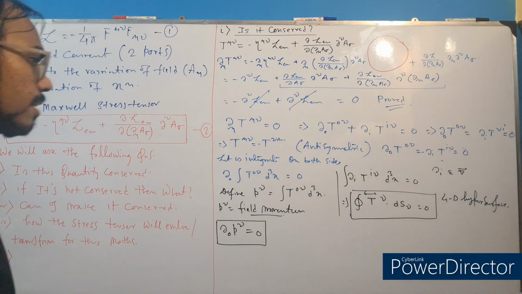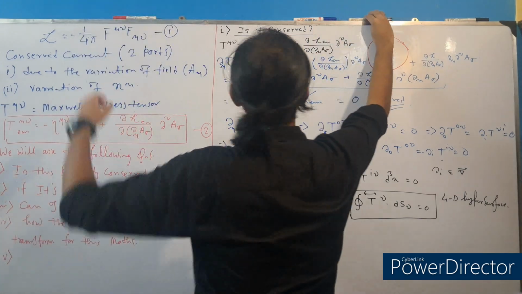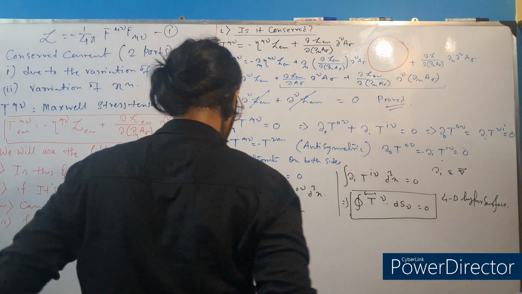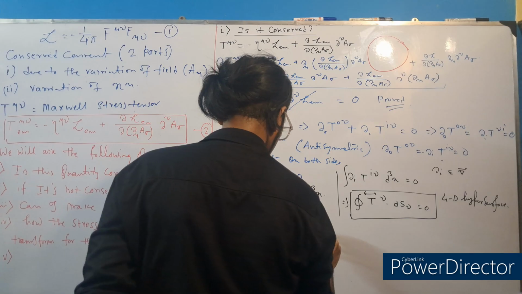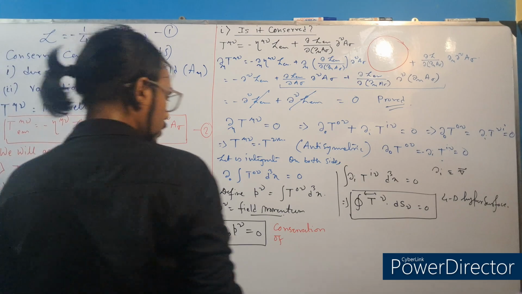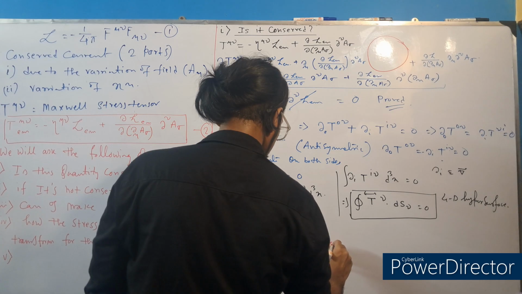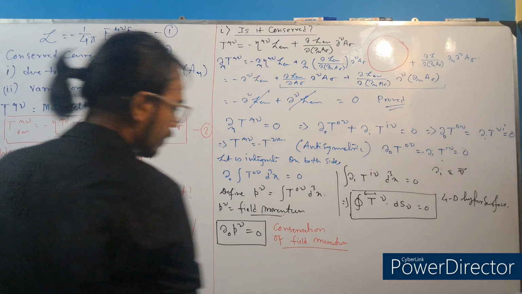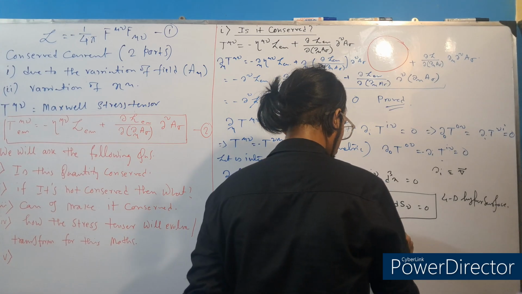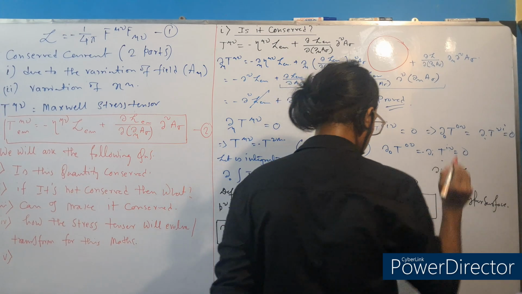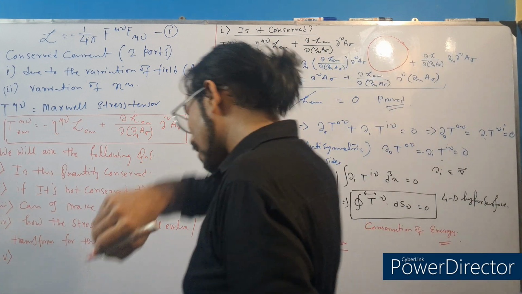So from here we can say, so this equation represents, wait a minute, this first equation del 0 P nu represents the conservation of field momentum. The second equation represents the conservation of energy. Okay,